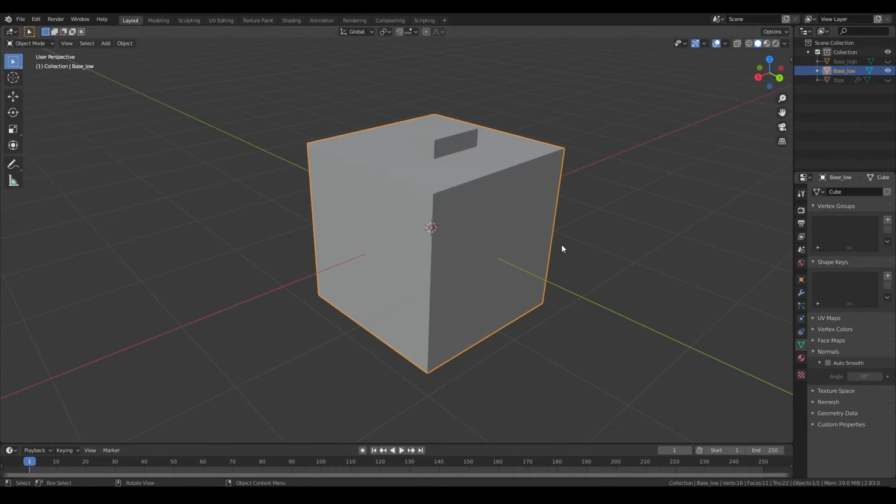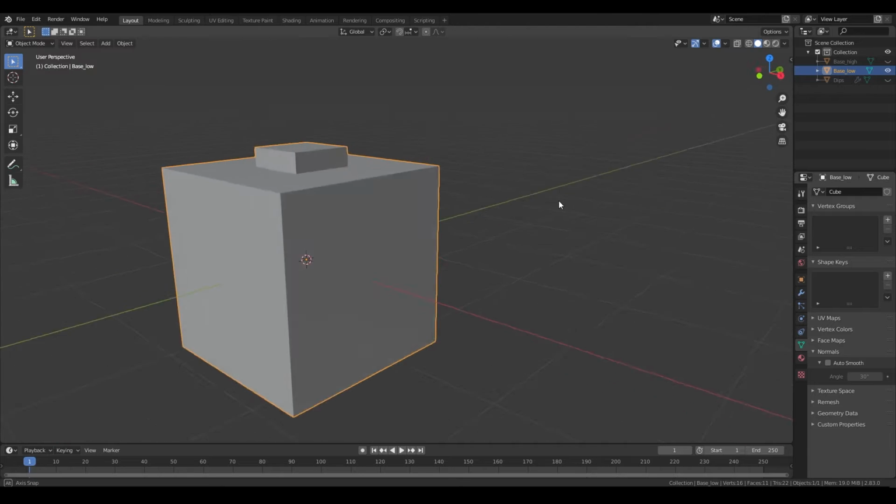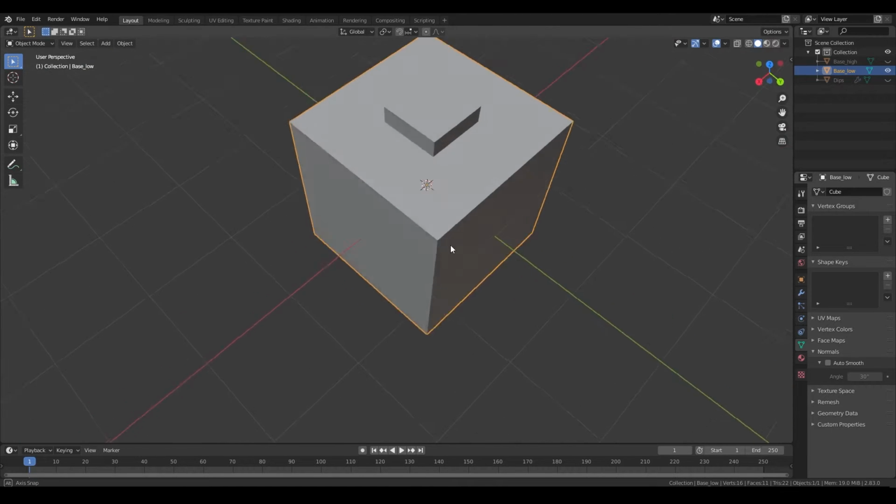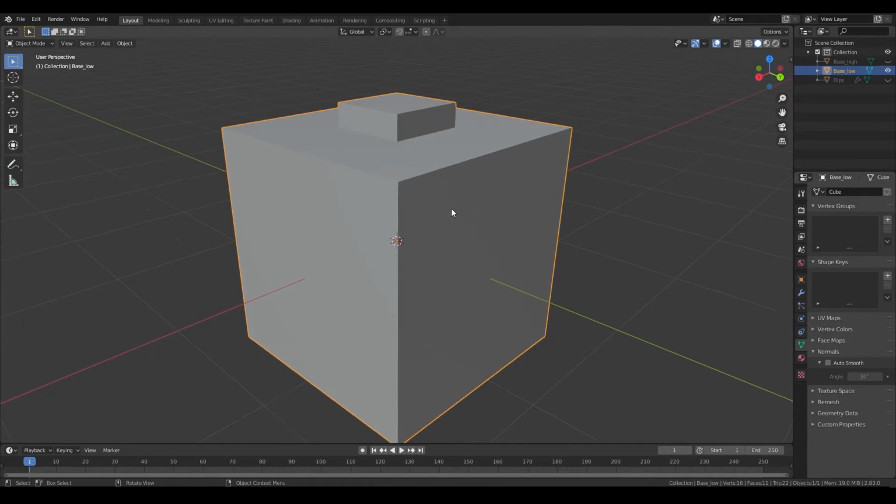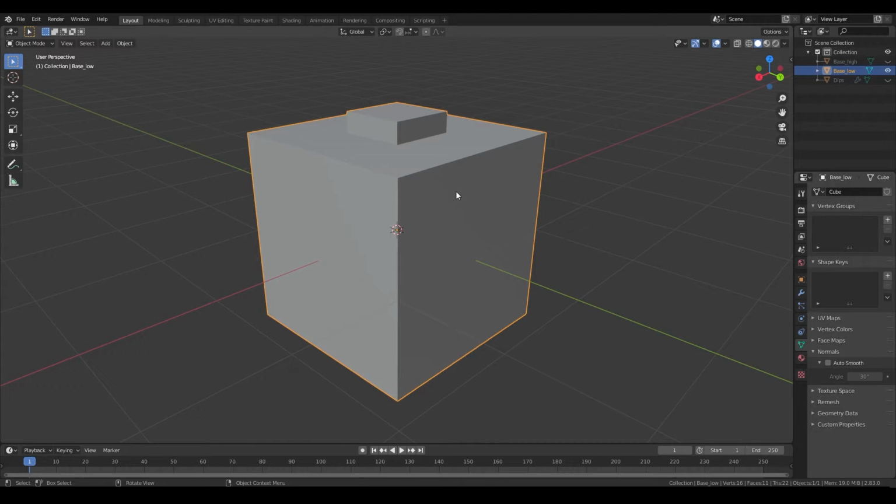So to start off, this is obviously a very simple thing. It's just two cubes. But even this can have a lot of issues with normal map baking. So this video is going to kind of assume that you know what normal maps are. But the super quick version is basically you can take a high poly mesh and bake it onto a lower poly mesh so it looks like it has a lot more detail than it actually does. And you can save on polygon counts and stuff, which is good for people like me who is in video